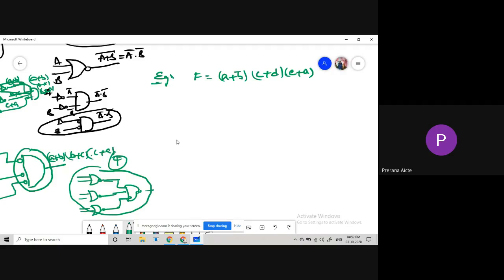First thing, the given equation, in which form is it? POS. It is in the form of POS. For POS, one AND gate is enough for all the terms, right? Yes, sir. Then based on these sum terms, how many OR gates are required? For this one OR gate, for this one OR gate, for this one OR gate, so 1 plus 1 plus 1, totally 3 OR gates